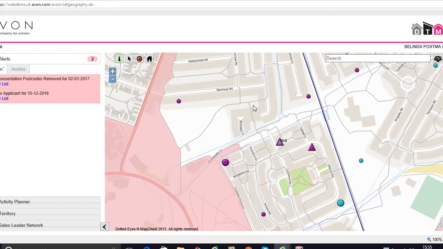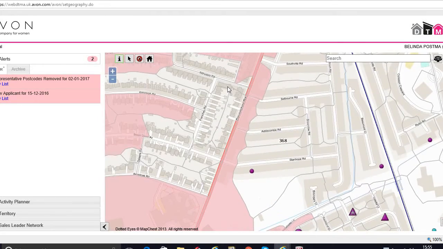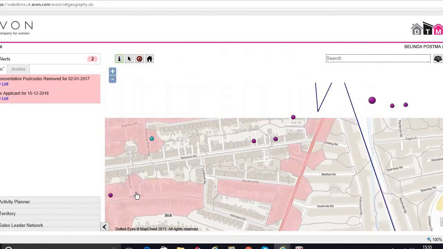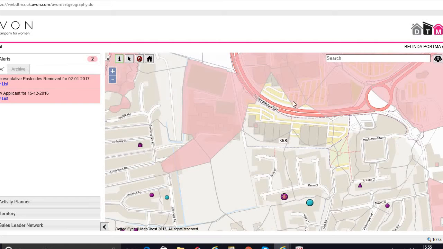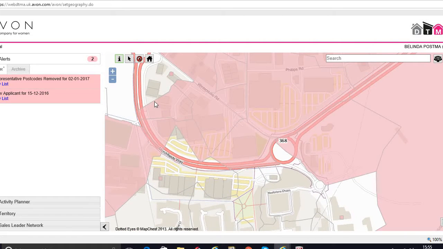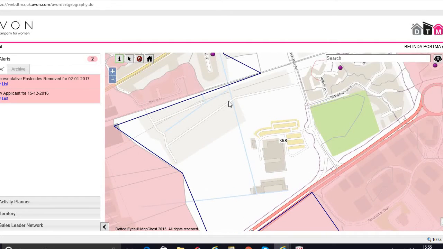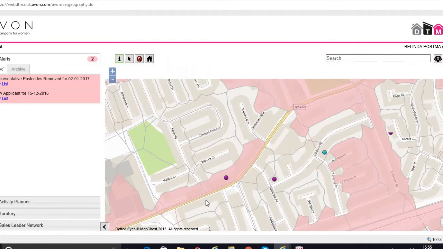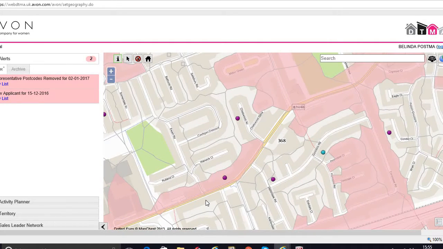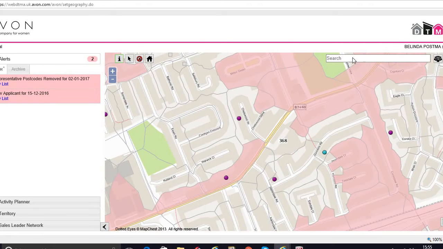To have a look around the map, just click, hold and drag, and you can go around the map and have a look at any area you want to have a look at. As you can see, all your main roads are on the map as well. It makes it easier to actually go and find somewhere, especially if you don't actually have the postcode. If, however, you do have the postcode, just go into the search bar at the top,